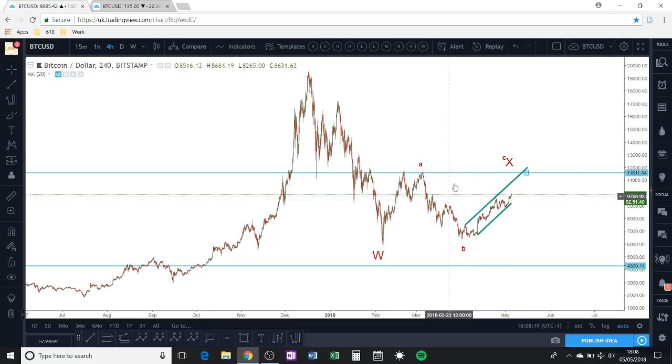Now, if you've been watching my videos, you will know I've been talking about a WXY pattern playing out, with this being W, X not quite finishing yet, and then we're yet to see Y. And previously, we had discussed prices coming down to maybe $4,300, maybe $3,000. But then, in my last video, I gave an update where we have to realize that the altcoins are looking very bullish right now. And on top of that,